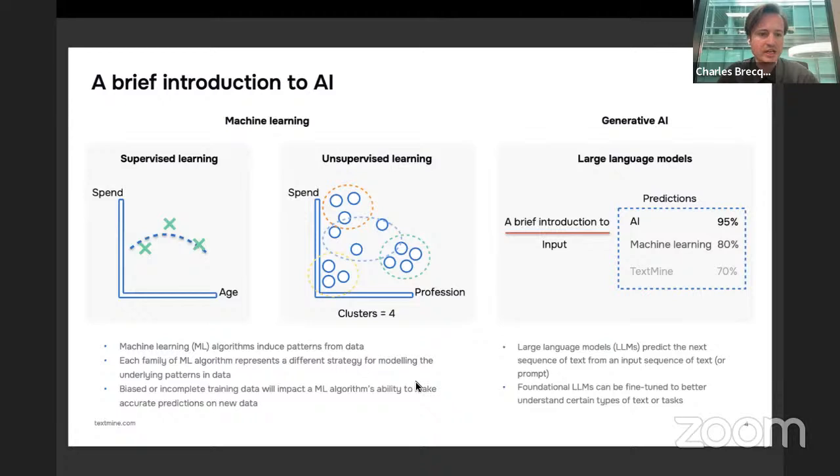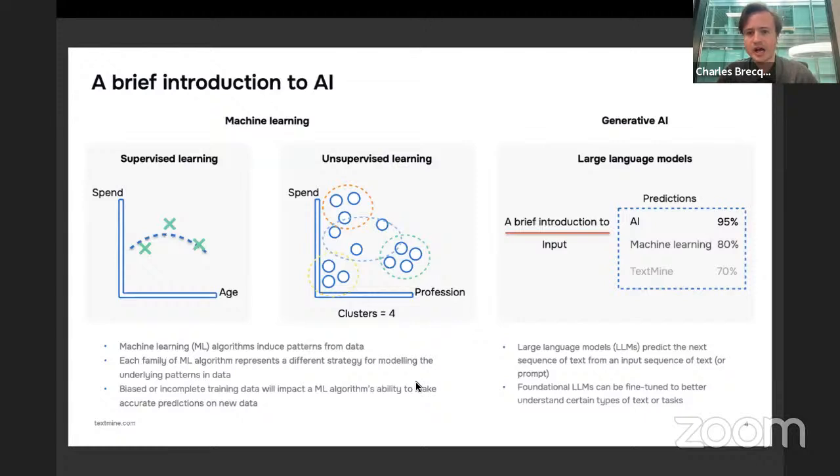In machine learning use cases, the models are trying to induce patterns from data to model what's happening within the data. And that means ultimately that these models are very good at detecting patterns based on historical trends, but they're not so good at forecasting.